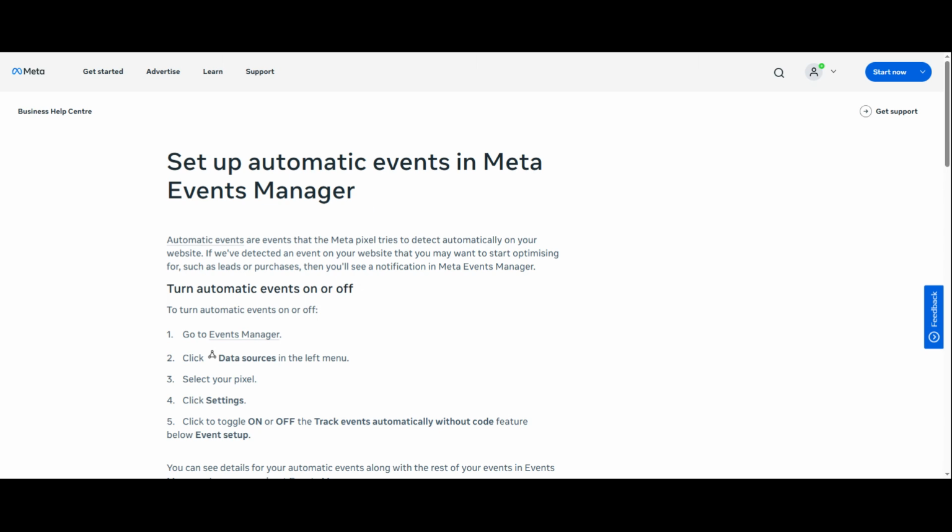Scroll down until you find the section labeled Conversions API. In that section, you'll see an option that says Generate Access Token. Click on Generate Access Token. Meta will instantly create a long string of letters and numbers. This is your access token. Click to copy that entire string and paste it temporarily into a notepad or text document because we'll need it